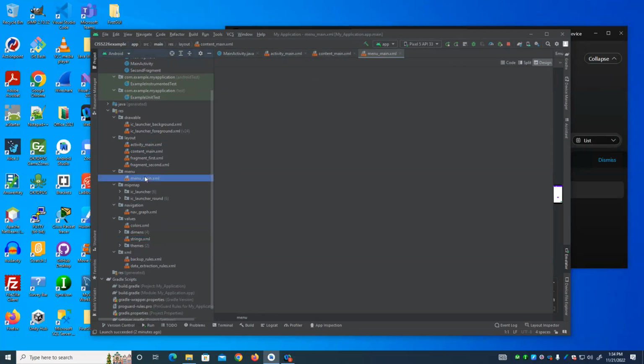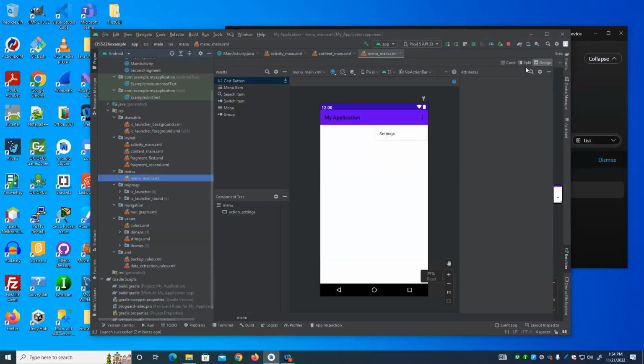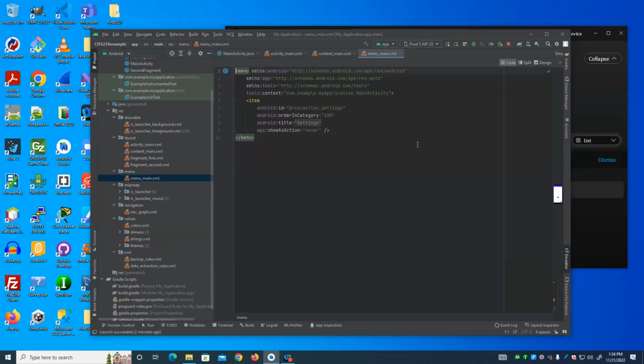We have XML files that control the menu. Put menu items here. Remember, we had a menu item for settings. I can add another menu item for